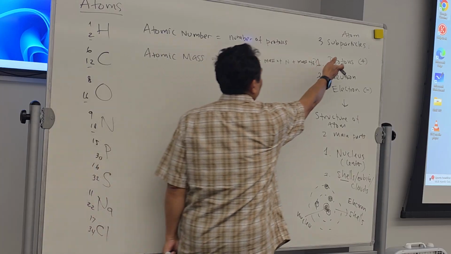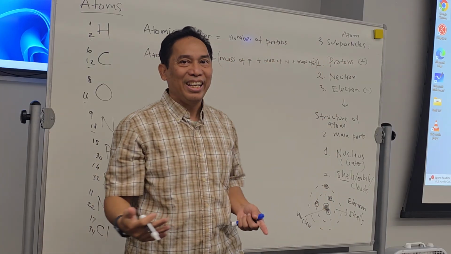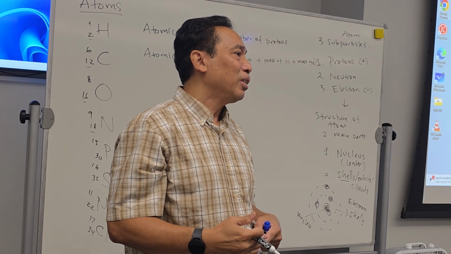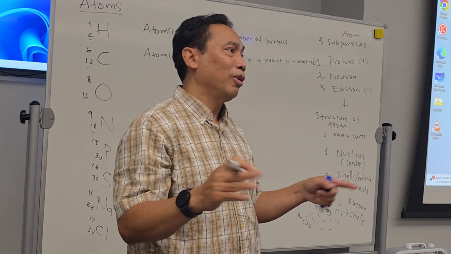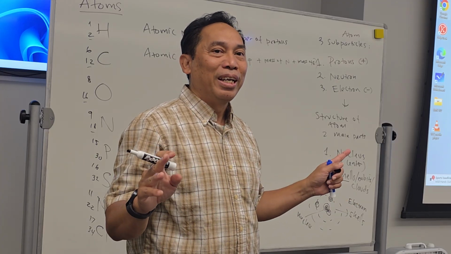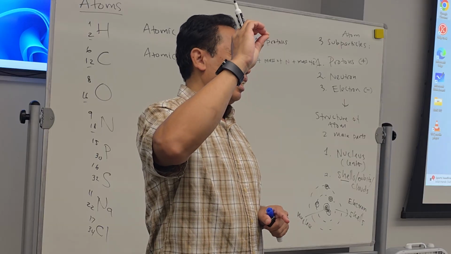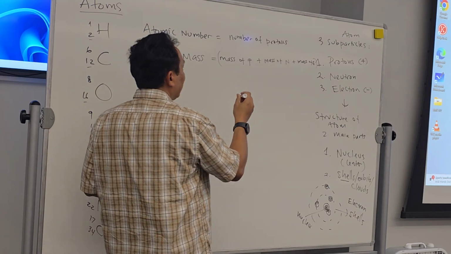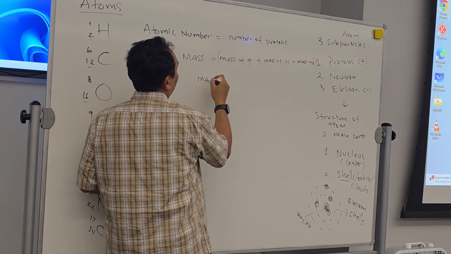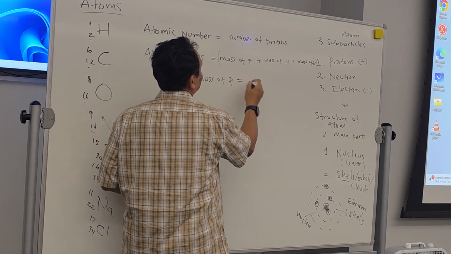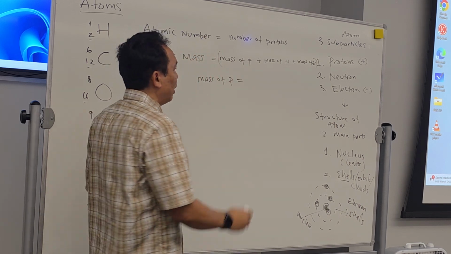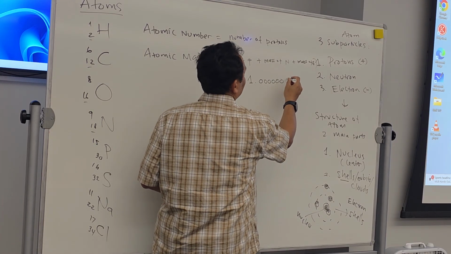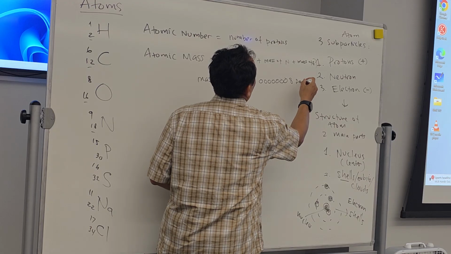Now, these particles are very light. Okay, they're very light, but scientists are able to measure them. They're using a unit called the Dalton. It's not using ounce or pound or gram or kilogram. They're using Dalton, which is a very light unit for these particles. So they measure that the mass of a proton is equal to 1.000, lots of zeros over here, 8, let's say, Dalton.